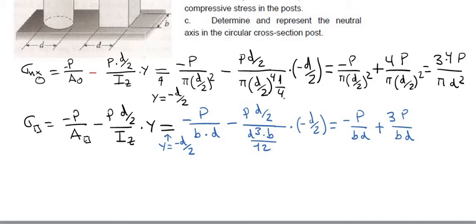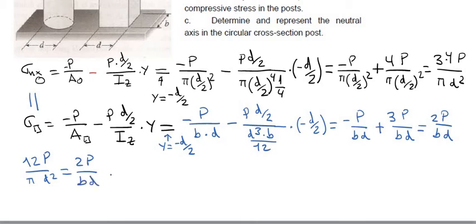And the result therefore is 2P divided by bd. So according to the condition that we have here, both of them are equal, so 12P divided by πd² is going to be equal to 2P divided by bd. Therefore we can calculate the value of b as